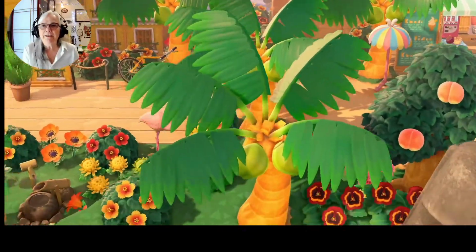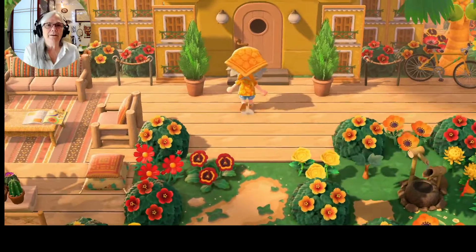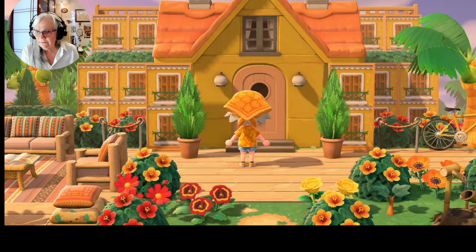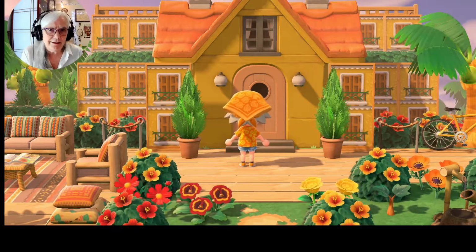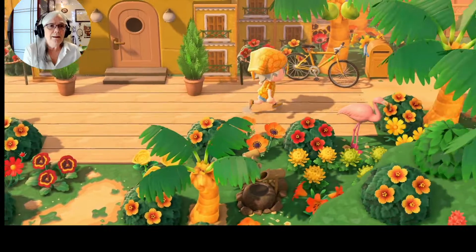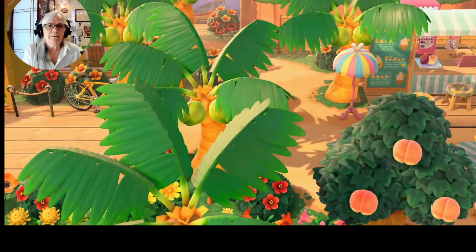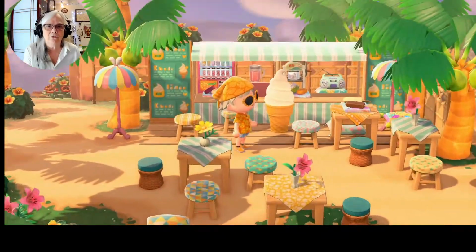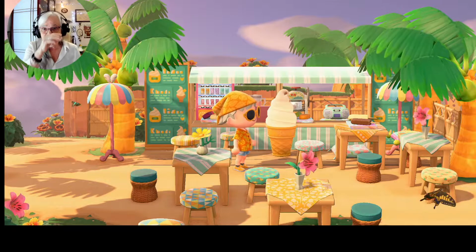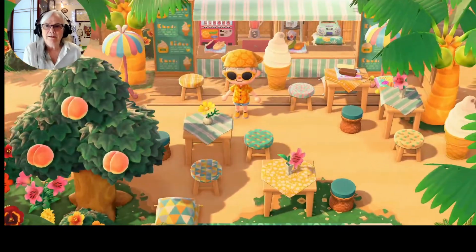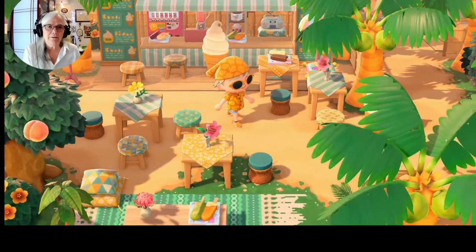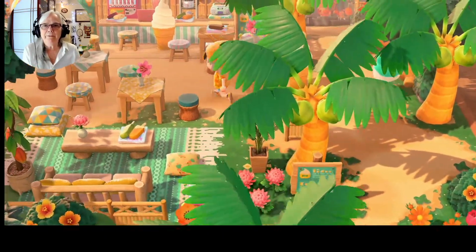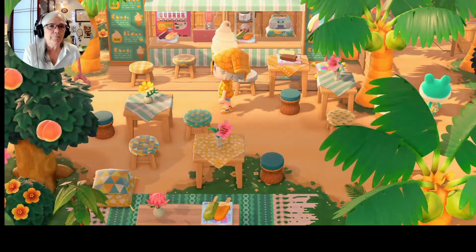It's very creative, and I love the colors. The colors are so suitable for this island. And speaking of colors, that's a question. How do you get your whole island to be one color? Like, this is so tropical colored. And how is that done? Is it just because everything is tropical colored, or is there some kind of a tint? Look at these little spaces. They're just so sweet. This is the ice cream bar.